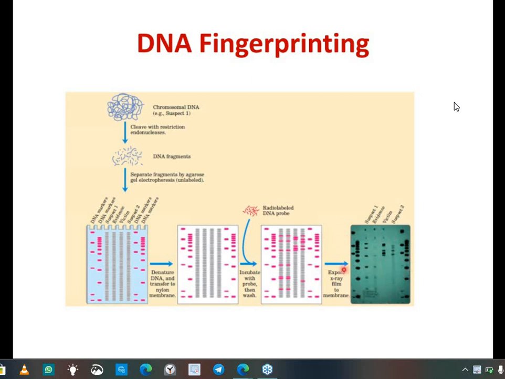And besides this Southern blotting that they do, nowadays PCR based analysis has also come, which is a better method, and does not have those radiolabeled probes. In this case, short tandem repeats. That's another thing. The junk DNA that is there, against those regions we use multiple primers, carry out multiplex PCR, and then using that same property we can come to that same analysis, or we can carry out this DNA fingerprinting using PCR also.